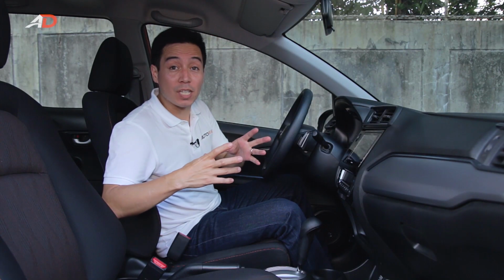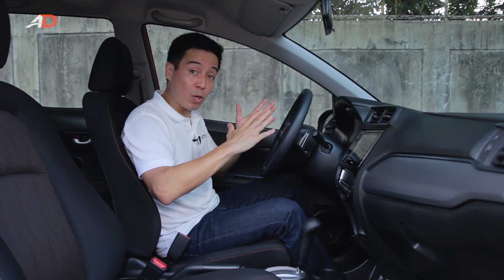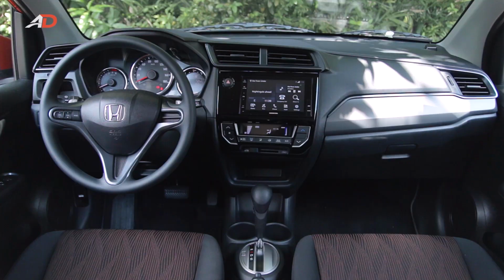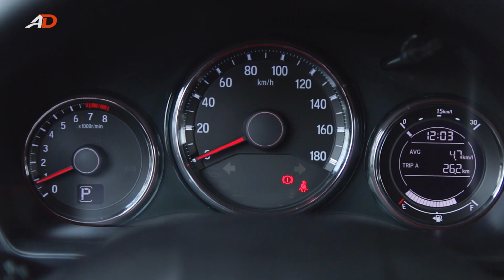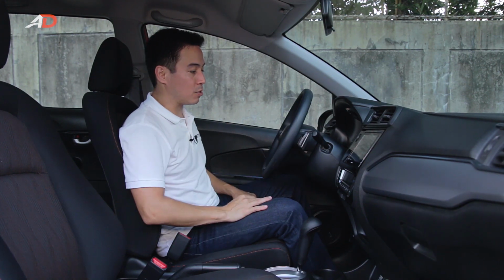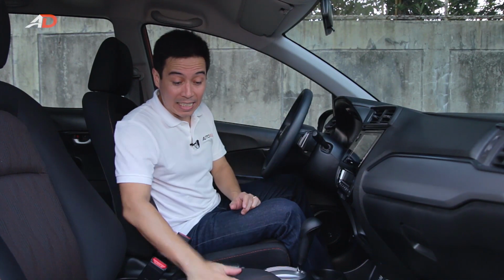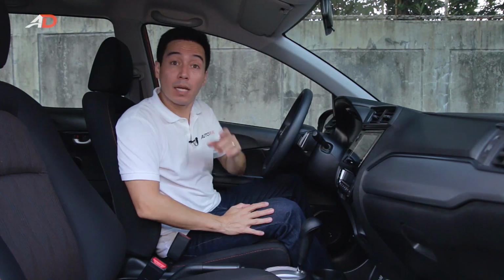Aside from the exterior changes, the biggest revamp would be in the Mobilio's interior. See, it leans away from being Brio-ish, as we mentioned, and now pretty much has a City cabin. The gauge clusters have an amber light around them. This Navi RS has, obviously, Navi, and paddle shifters. Oh, and what's worth mentioning is the seats. The old Mobilio RS had blue stitching. This one has orange, which reaches all the way at the back. Speaking of which,